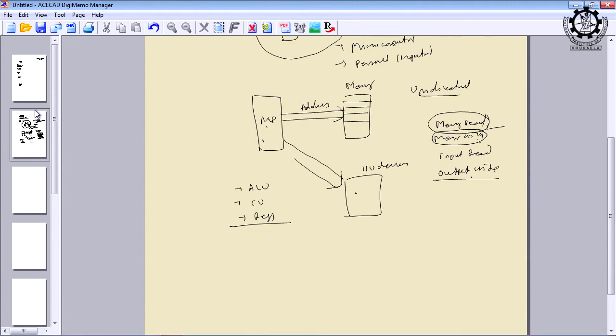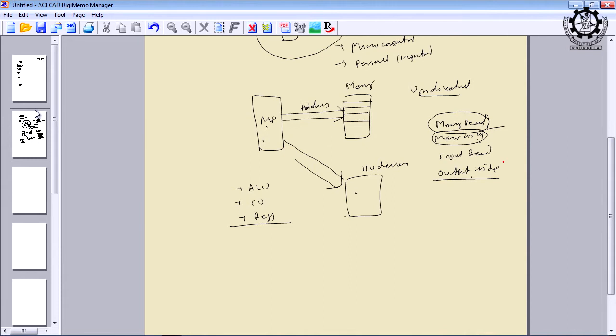Similarly, for output devices, when data is supposed to be printed, initially the data will be available in the printer buffer. Then the printer, which also has a microcontroller or microprocessor, will take that data from the printer buffer and give it to the actuator, which is printing on the paper, right. So this is how the output devices and input devices work. It will be more clear when you write programs for reading data from an input device and writing data to an output device, right.